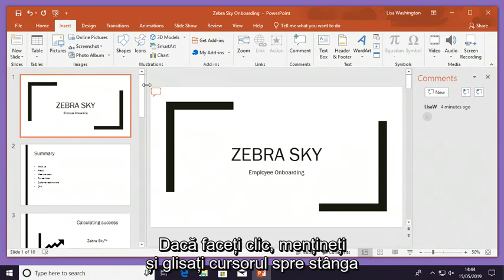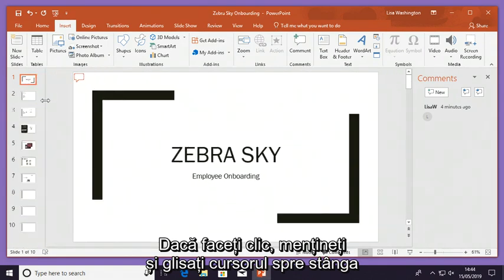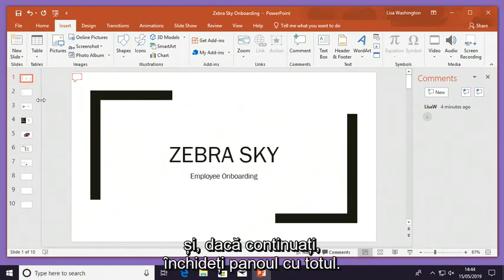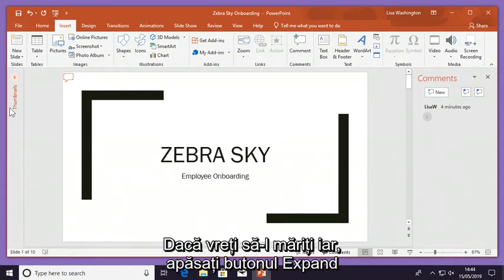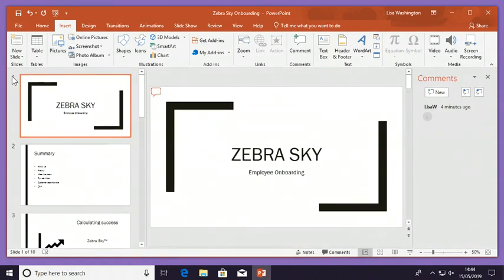If you hold your click, and slide your cursor towards the left, and then keep going, you can close the pane altogether. And if you want to expand it again, click on the expand button, and then you can resize